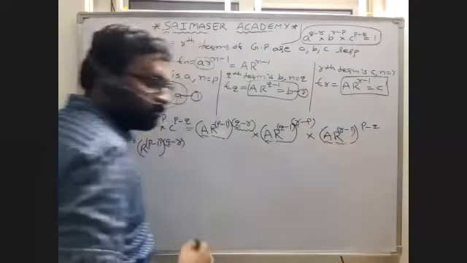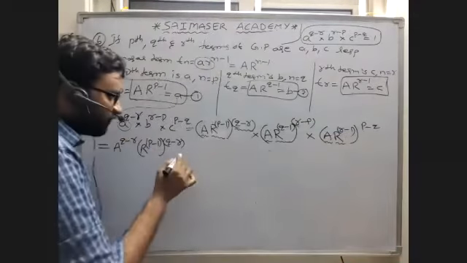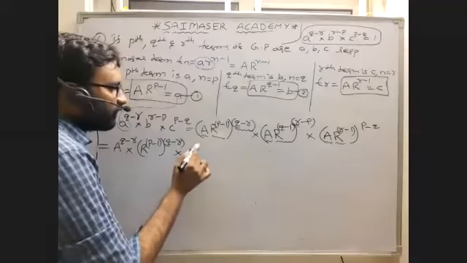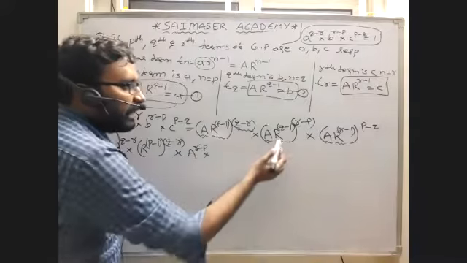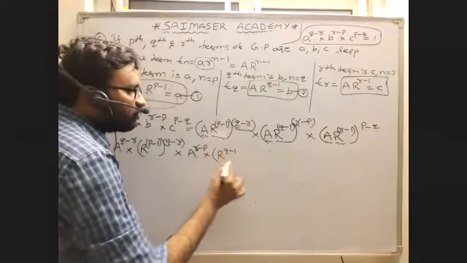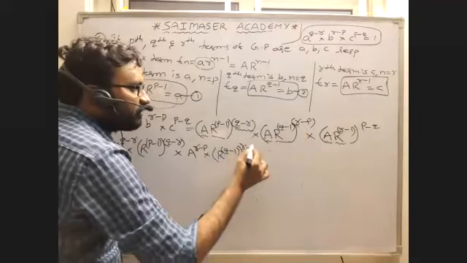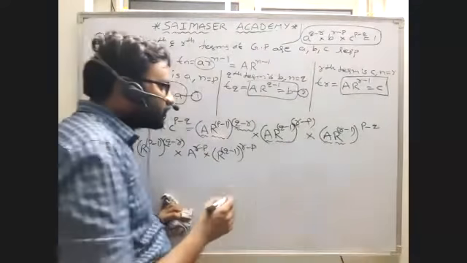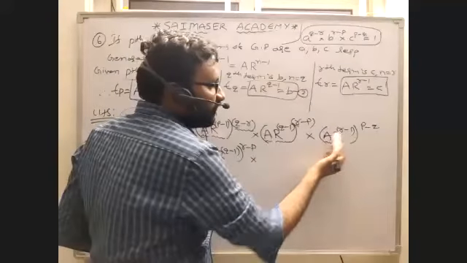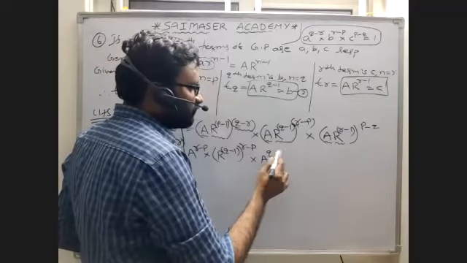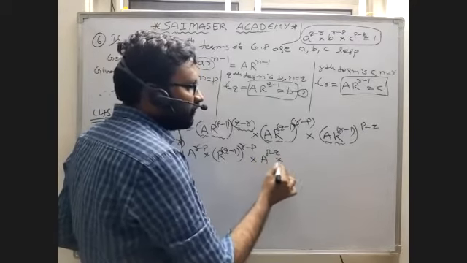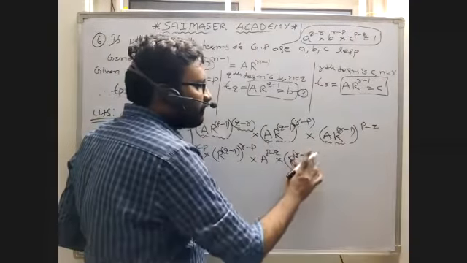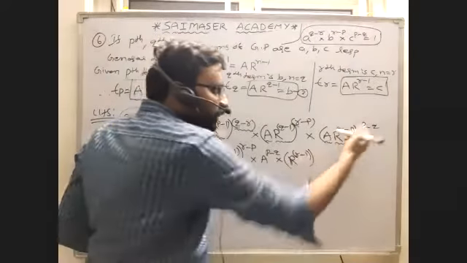Two terms we have now, that's why you have to write brackets. This one finished. Next, the second one: a power r minus p, into (r power q minus 1) whole power r minus p. We are applying r minus p power for a and r power q minus 1, and for a we have to apply p minus q: a power p minus q into (r power r minus 1) whole power p minus q.